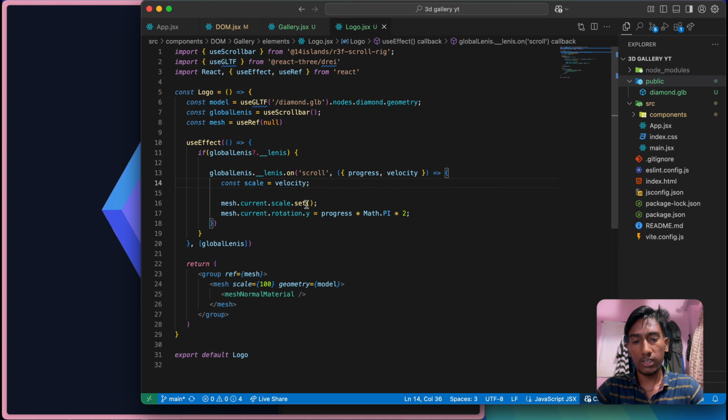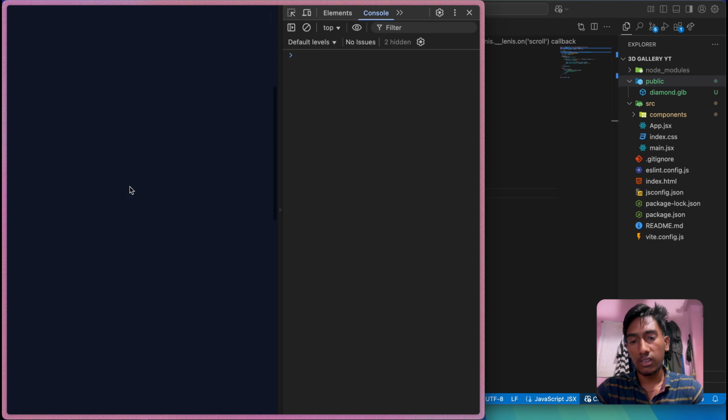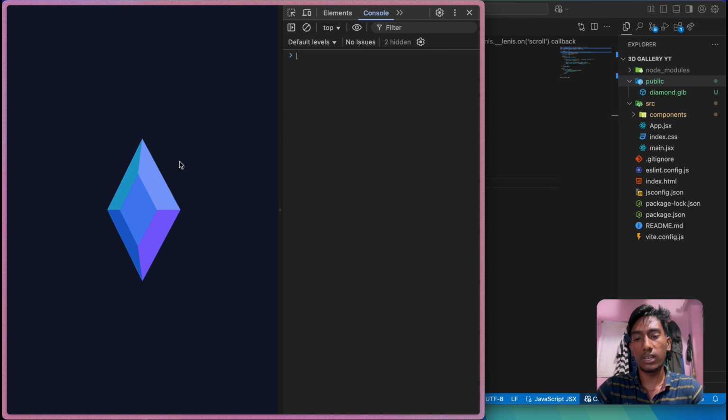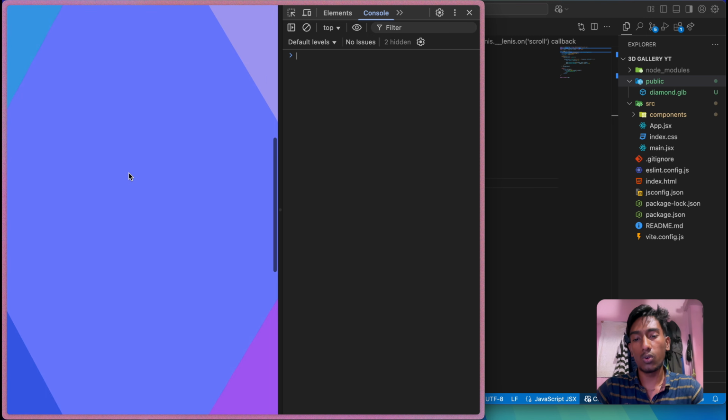So scale, scale, scale, so it will scale it uniformly in every direction, x, y and z. If I just refresh, you can't see our diamond, and if I just scroll you can see it, and it slowly disappears. Why is that happening? Because the velocity is 0 when the user is not scrolling, so we need to add something. By default it's 1, so whenever the velocity becomes 0, 0 plus 1 is 1, so the default value of scale is 1.